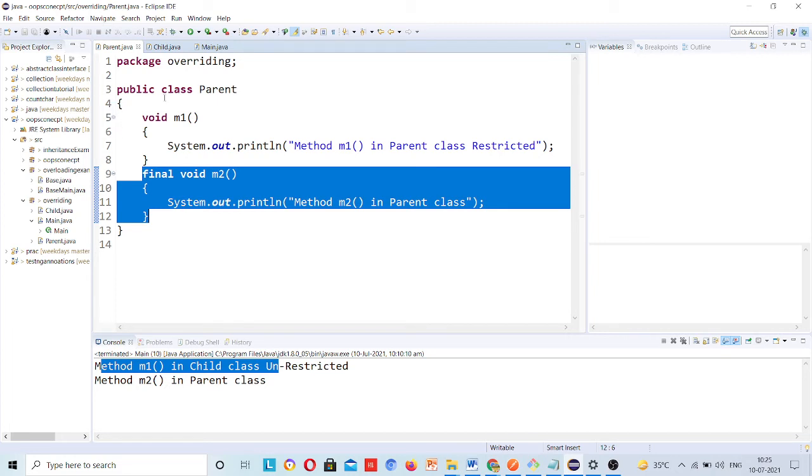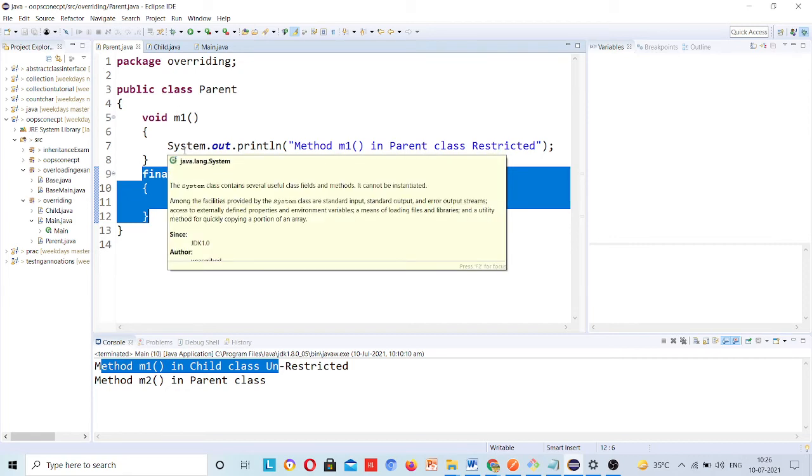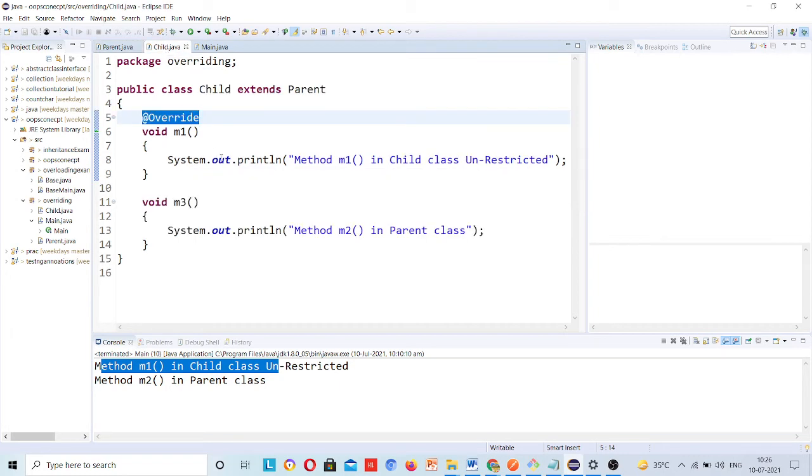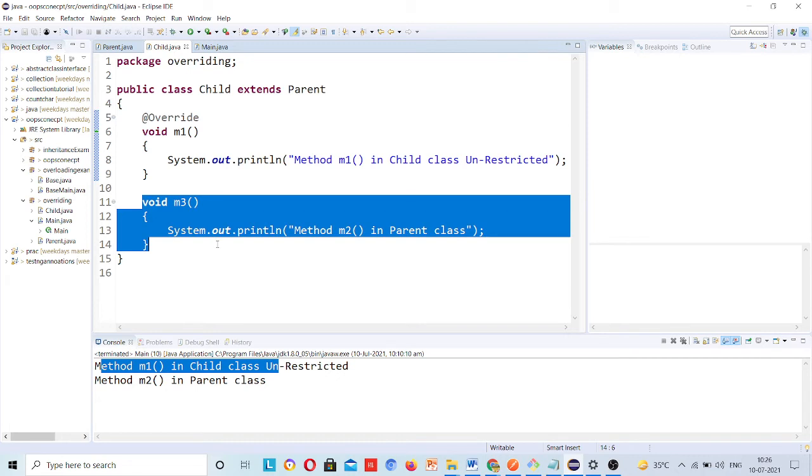Okay. Some properties in a game like player features or whatever there are, I do not play that many games, but from whatever I have developed, I can understand that some properties are there that you should not be able to override, then you have to make them final. Similarly, a child class can have its own method as well. This method M3 is not coming from the parent class, this is the child class's own method. Okay. So, a child class can write its own method as well.